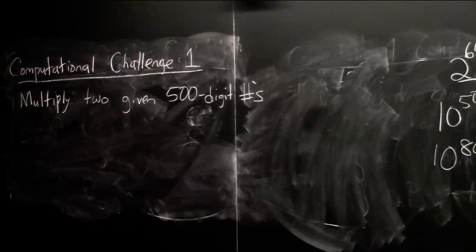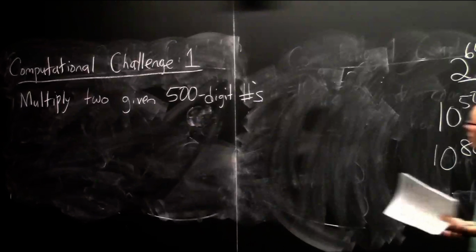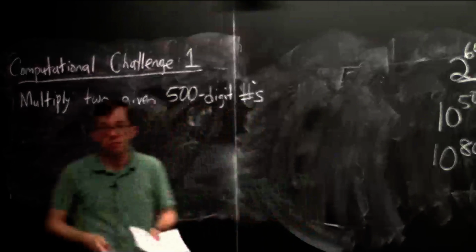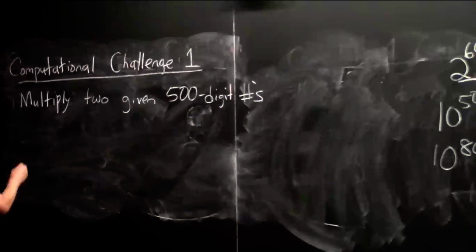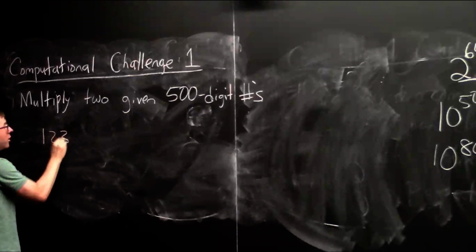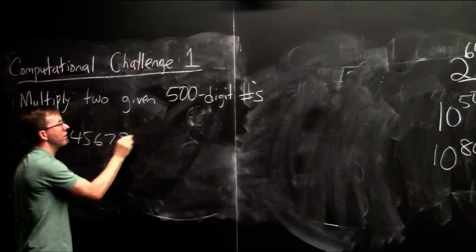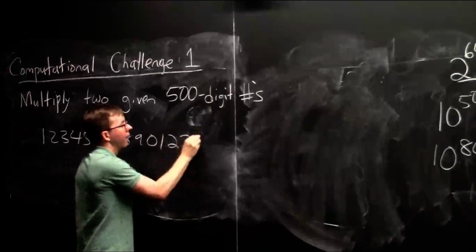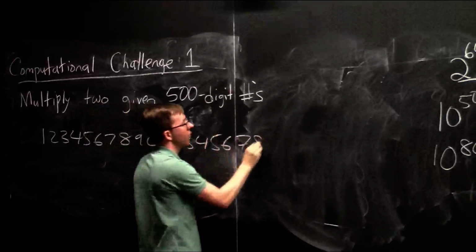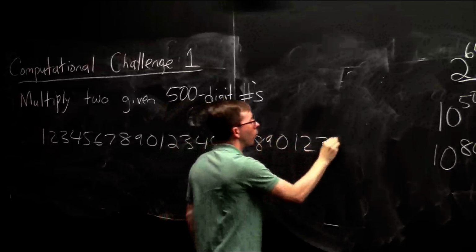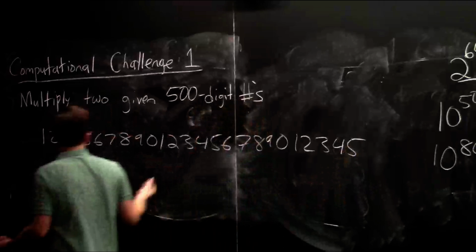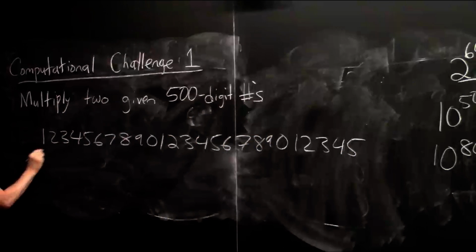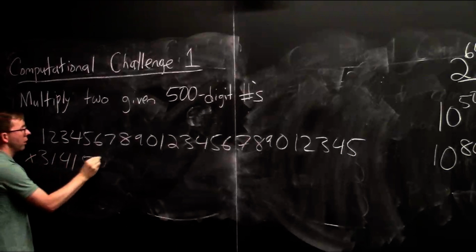That's about 25 times as long, a 500-digit number, as will fit into one register on your computer chip. So it's kind of like the task of multiplying, for a human, two 25-digit numbers. Okay, so let me write down two 25-digit numbers here. And I'll make this one not too crazily long. And this is the task that's facing you when you're trying to write a computer program to multiply such numbers.